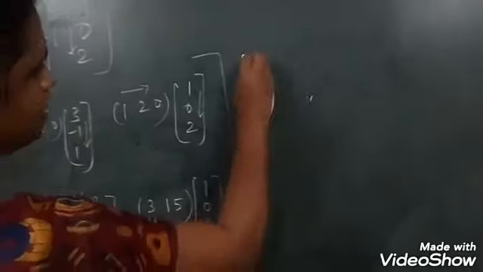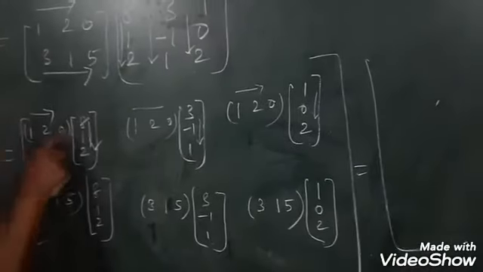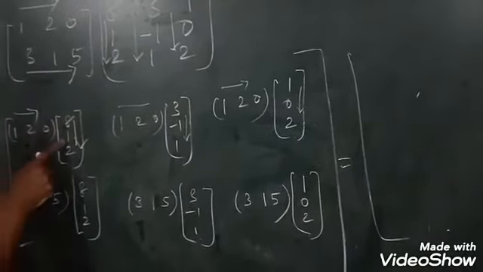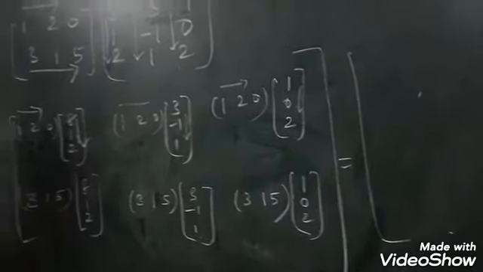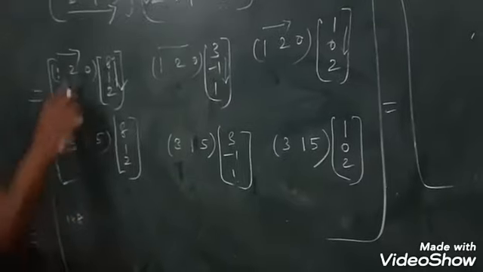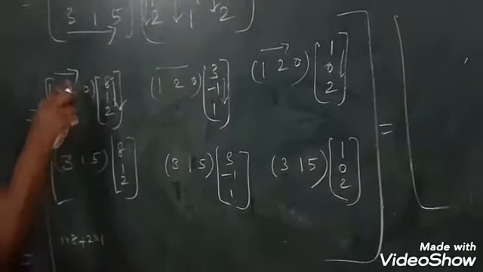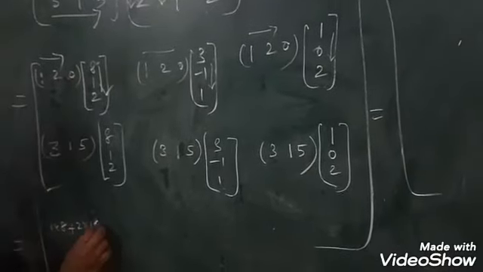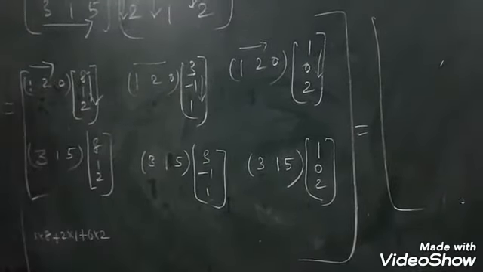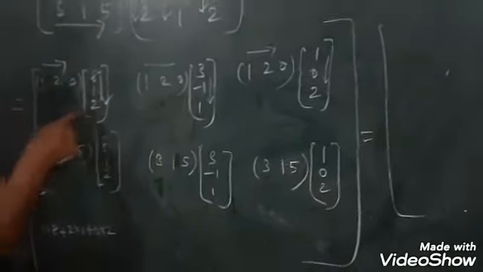Okay girls, now I am going to simplify. Now each element should be multiplied. So first element into first element, plus second element into second element, third element into third element. See girls, 1 into 8. Okay, 2 into 1. Before that, what sign? That sign you want to put. Okay girls, plus 0 into 2. So you simplify, you will get the first element. So first row first column.